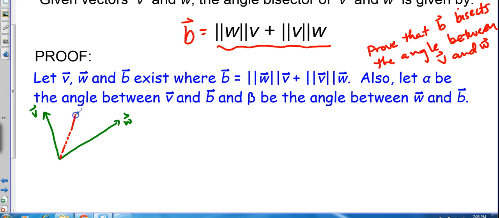Hopefully I can split these in between. And so what we're saying is, based on what we've defined here, alpha is the angle between v and b. So here's alpha. Beta is the angle between w and b. So there's beta. And there's our vector b, which we're going to show is the angle bisector. So this entire proof, before we actually get into the proof, essentially what we have to do is if b is the angle bisector,